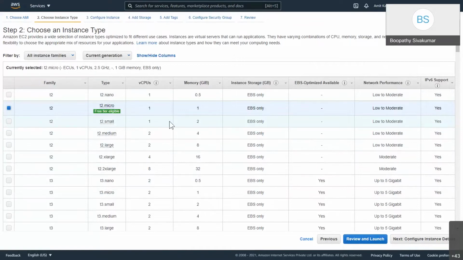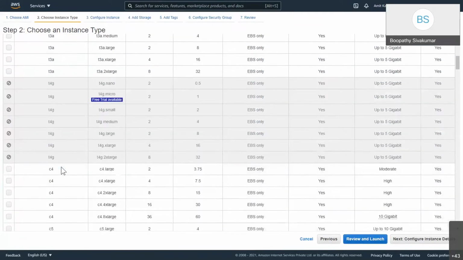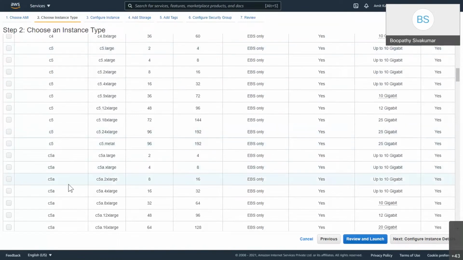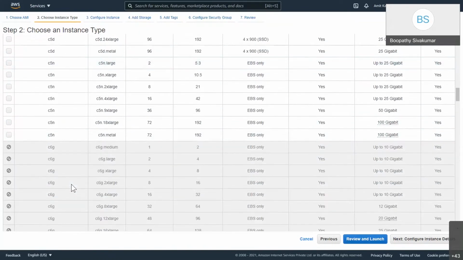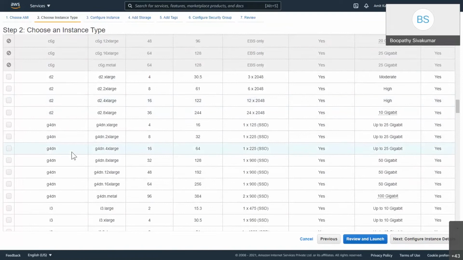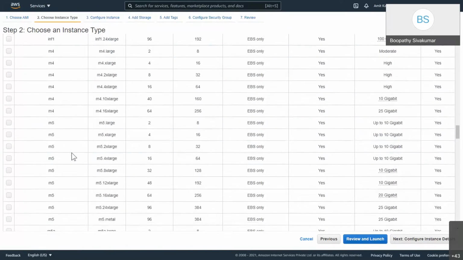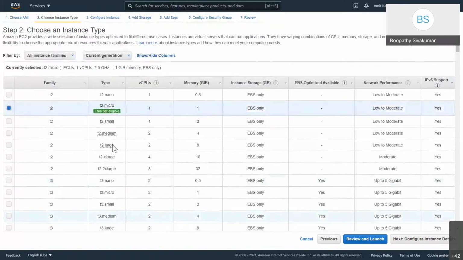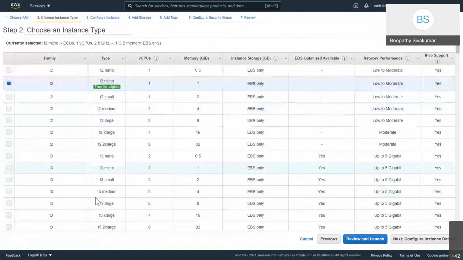They have mentioned the family: T2, T3, and if you scroll down, T3A, C, or M, so these kinds of instances will be there. What is the meaning of this? T2 and T3 are commonly used general family types, but T2 is an older type, T3 is the newest type.